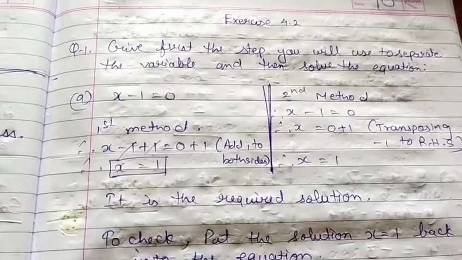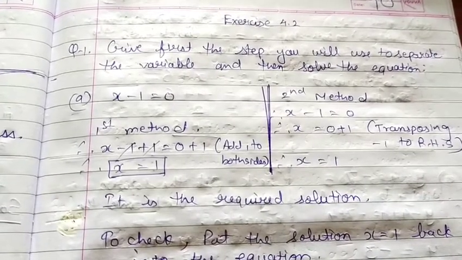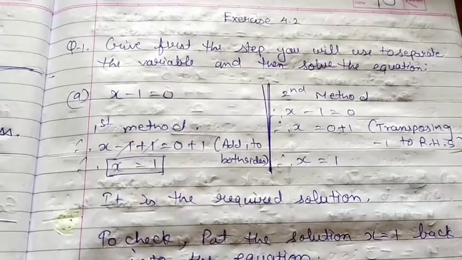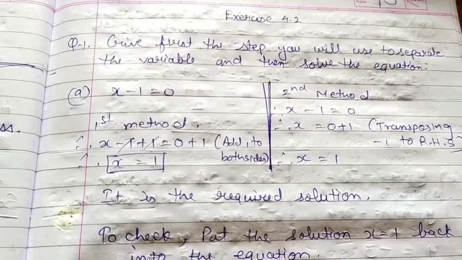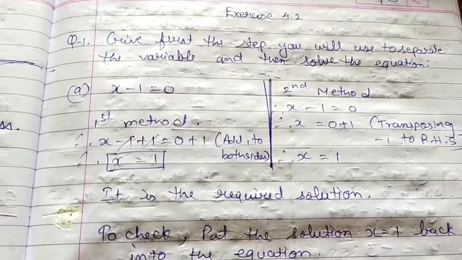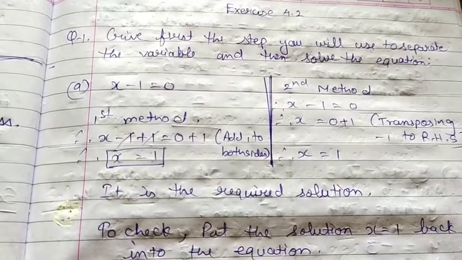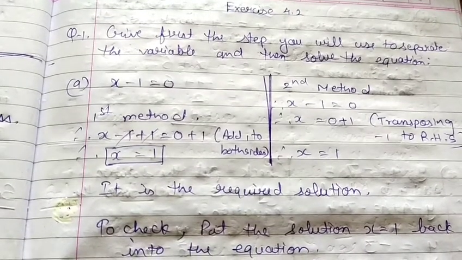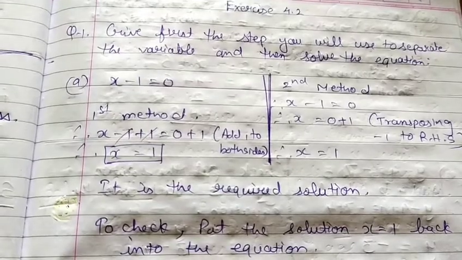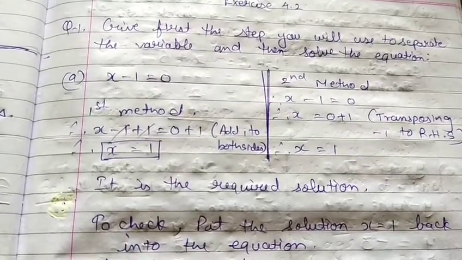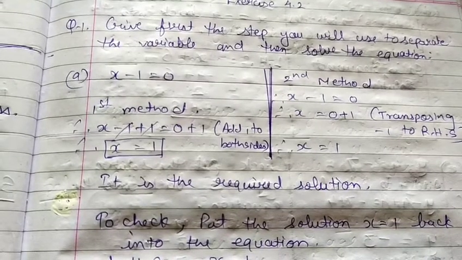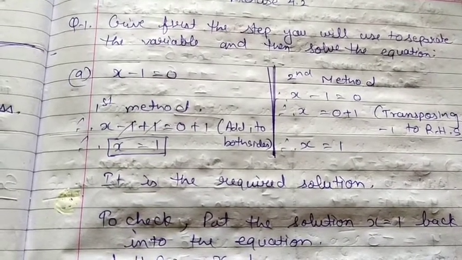Now as we all know, to get the value of the variable, either we can use the transposition method, that is taking a constant value toward any side. While changing the side we have to change the sign also. And the other method is adding, subtraction, division or multiplication of a constant value.